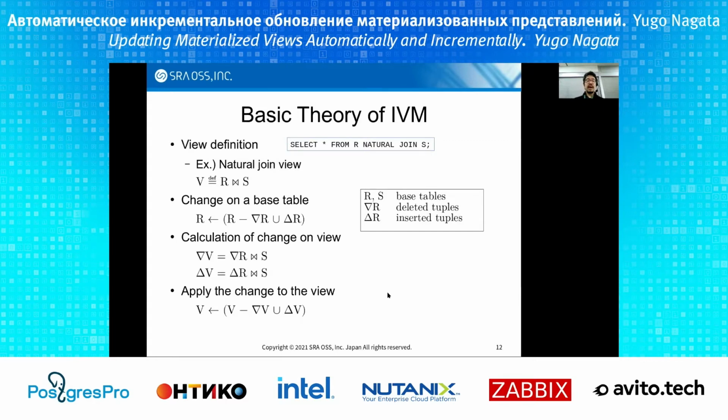Okay, I'll explain the basic theory of IVM. A view definition can be described with relational algebra. For example, a simple natural join view using tables R and S is represented like this. And